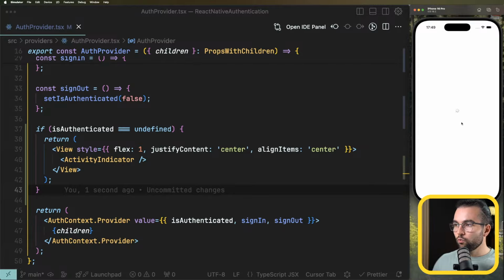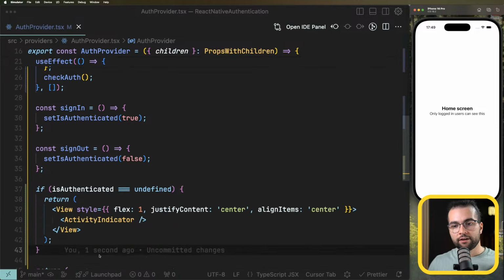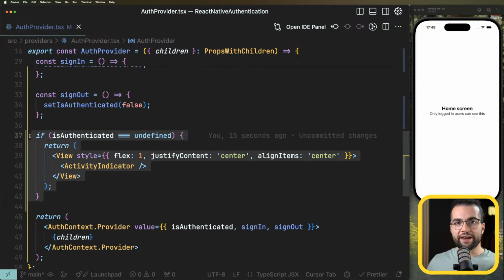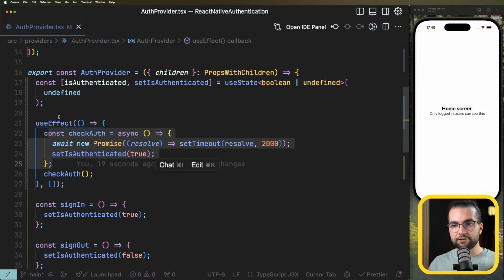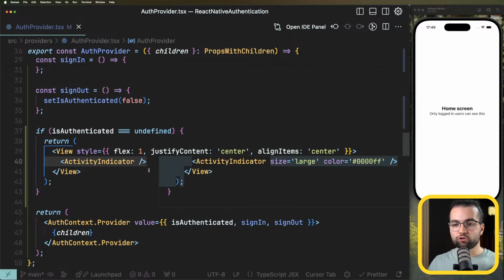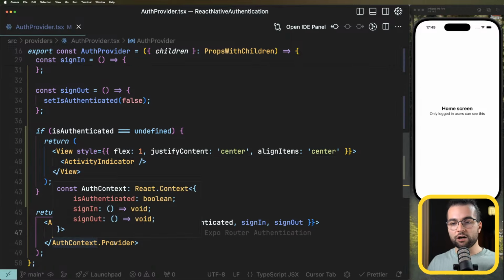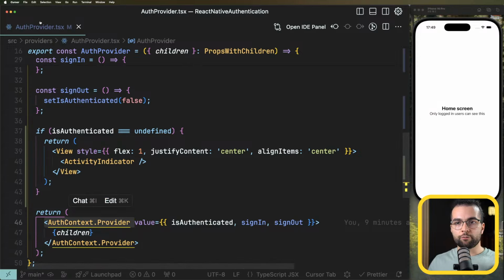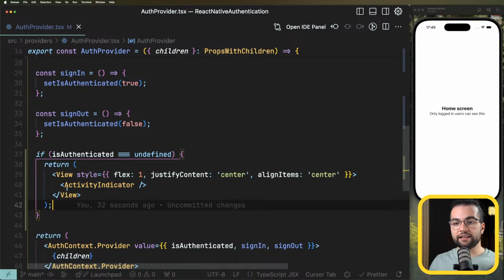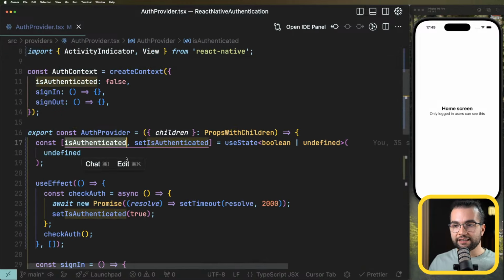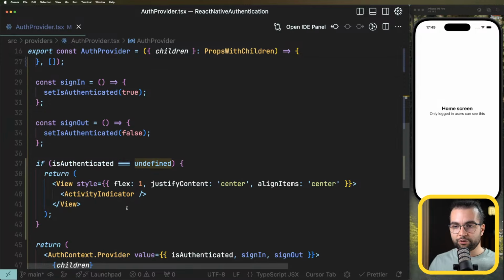So now if I reload, we see a loading indicator, and after 3 seconds, we are automatically on the home screen. So there are not those weird flickers or redirecting between screens, meaning that, hey, the auth provider is still not sure where the user should be. It's loading. While it's loading, you can have also an is loading state. While it's loading, don't render children. This will prevent rendering anything in our application because we know that this auth provider is rendered at the root layer. So render activity indicator, and only later you know that authenticated is, if it's not undefined,